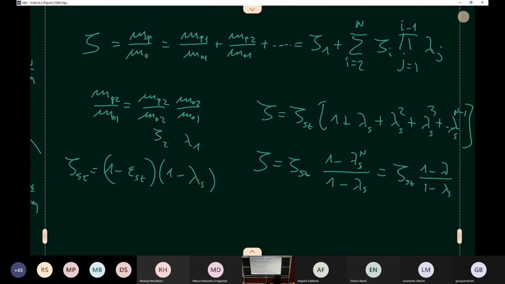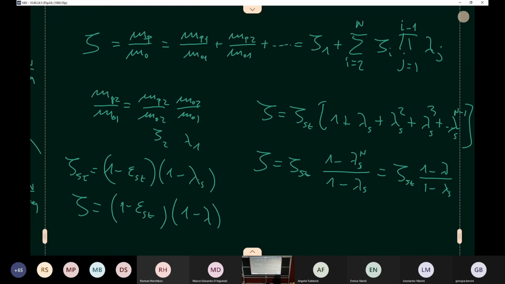And so by placing it here, the 1 minus lambda cancels with this one, and we are left with 1 minus epsilon and 1 minus lambda. So also here, for the overall z, it is exactly the same expression,